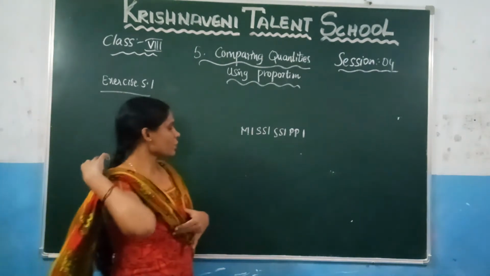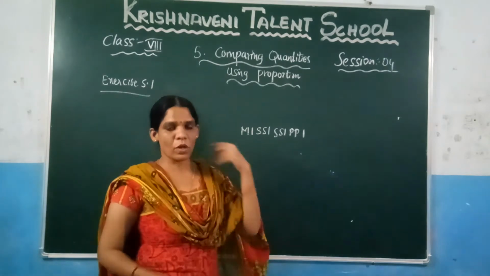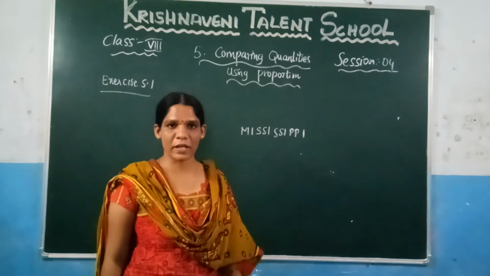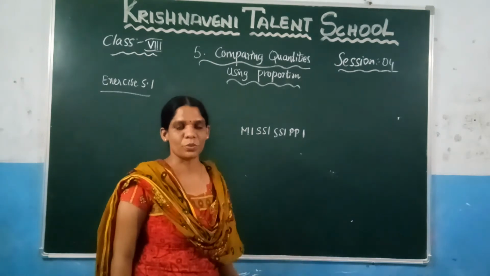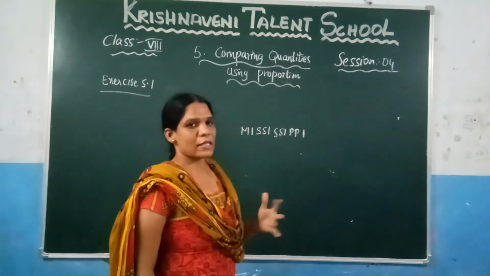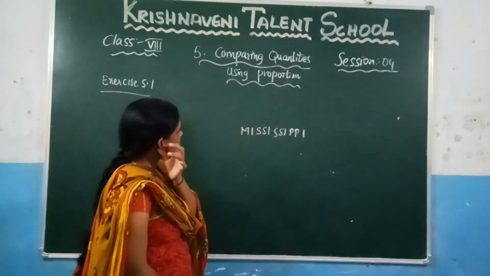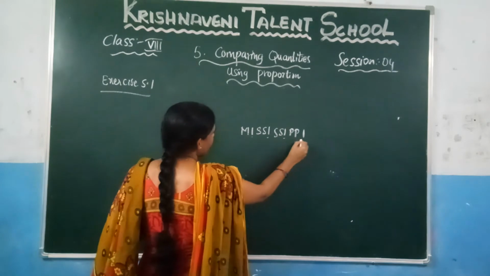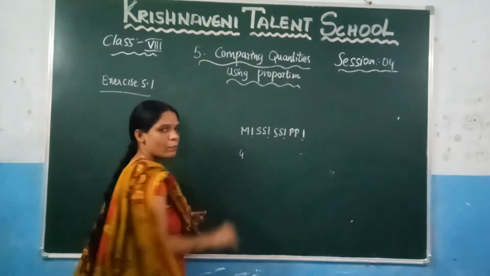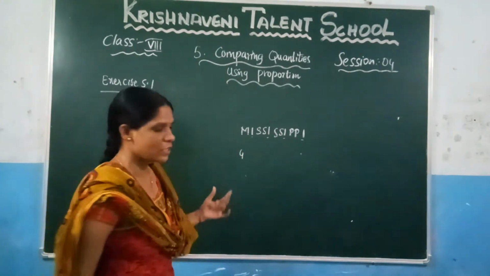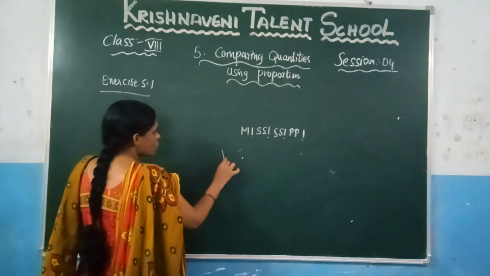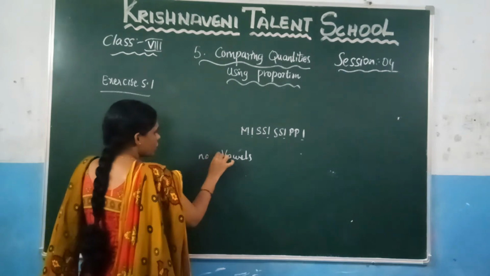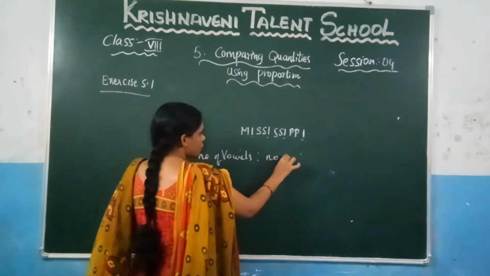Right? Here, what is the meaning of vowels? We know that in the English alphabet there are 5 vowels, which are A, E, I, O, U. Let us check whether any vowels are there. Here you can observe how many vowels are there: 1, 2, 3, 4. These are the number of vowels. What they ask in the question is to find the ratio of the number of vowels to the number of consonants.